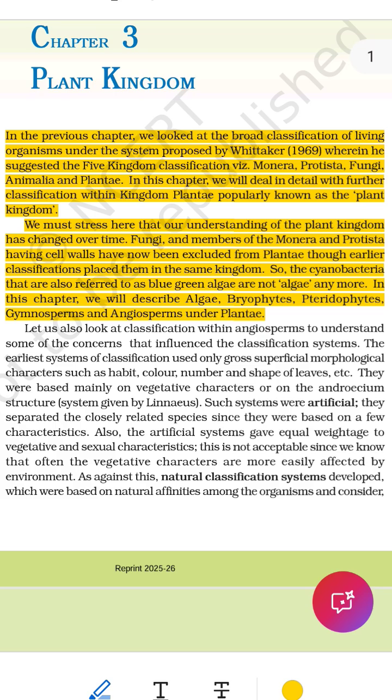1. Whittaker's Five Kingdoms, 1969. In 1969, a scientist named R.H. Whittaker divided all living things on Earth into 5 main groups called kingdoms. These 5 kingdoms are: